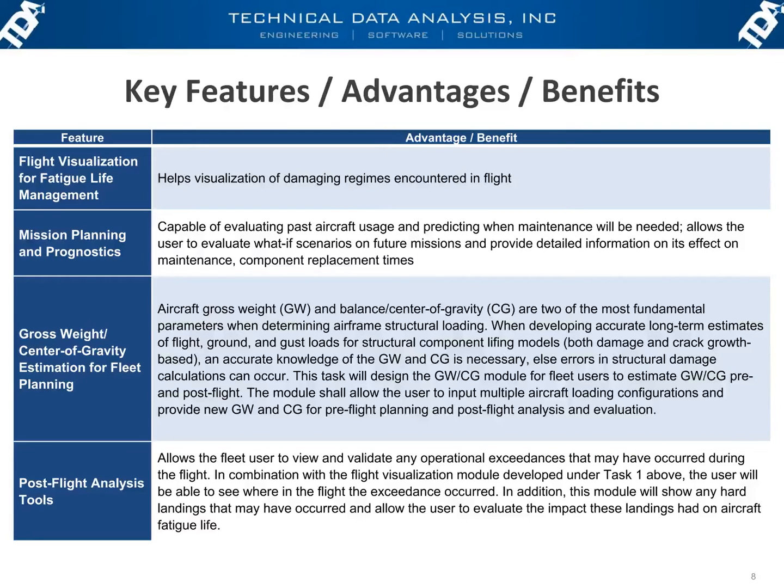So now I can drill down a bit into these features, highlighting advantages and benefits. For flight visualization, the real key here is that we have a flight replay on Google Earth, so you can see the kinematics of the aircraft, the motion of the aircraft, what event, what flight regime you're in, maybe when high Gs were pulled, things like that. By visualizing the flight, you can understand the correlation, the relationship between usage and damage leading to structural fatigue life